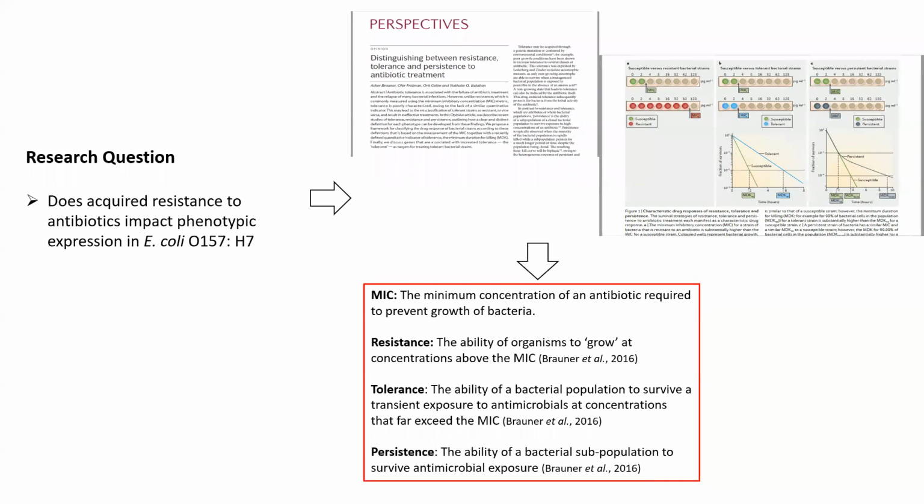And then tolerance is a different concept. It is the ability of bacteria to survive at concentrations that far exceed the MIC, not necessarily grow, but they're able to survive. So an example: if we put, let's say, 500 cells of E. coli into streptomycin, and we still have 500 cells of E. coli after exposure to concentrations that are way above the 20 micrograms I gave as an example previously, then we can say that specific strain of E. coli is tolerant to streptomycin. Not necessarily resistant, but tolerant.